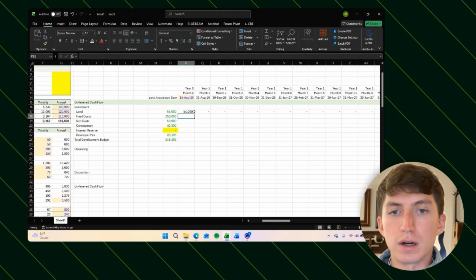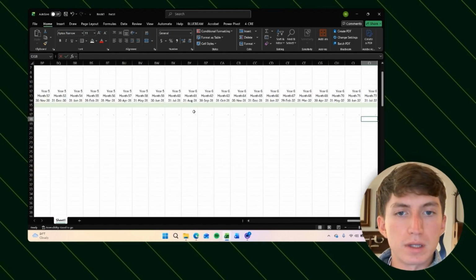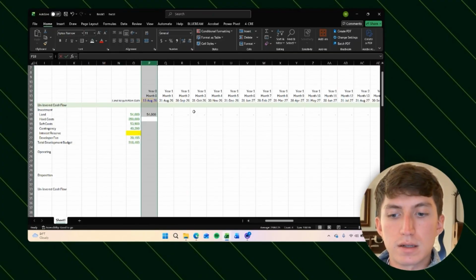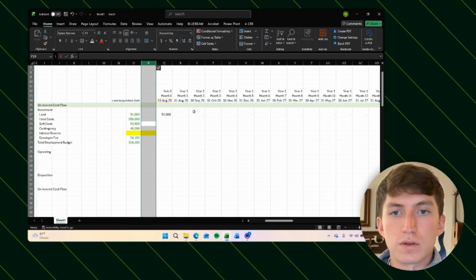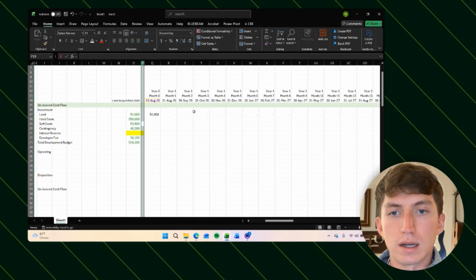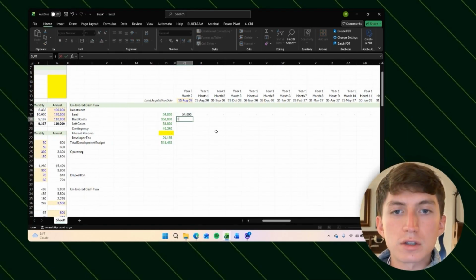All right, so let's move on to hard costs. Now, I want to give myself some space in between these two numbers. So I'm going to click Control Space, Control Shift Plus. Now I get this here. I'm going to Control Space, Alt H-O-W, click 1, Enter, and then we are good. I'm just going to HHN to get rid of that. Boom. So our hard costs